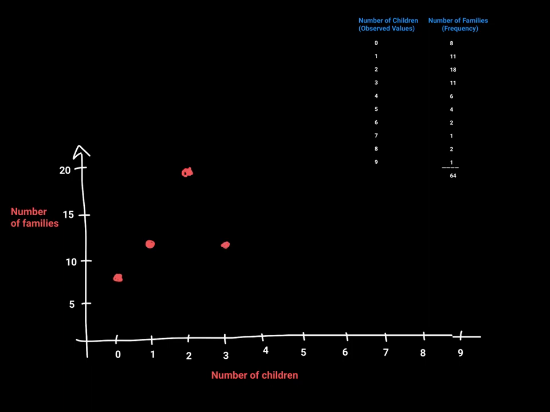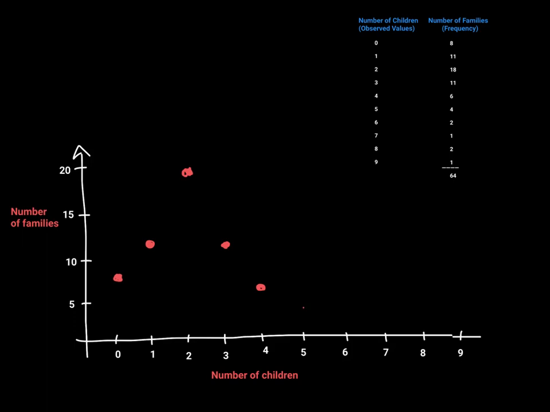There, that looks about right. 4 children, 6, and so above 4 go up to 6, maybe about right there, give or take. Okay, not as high as this dot because that was supposed to be 8, so a little bit lower is supposed to be 6. Okay, 5 children, 4,